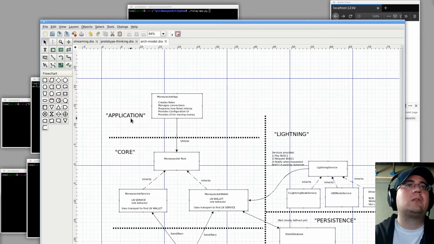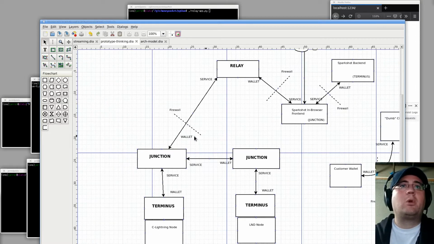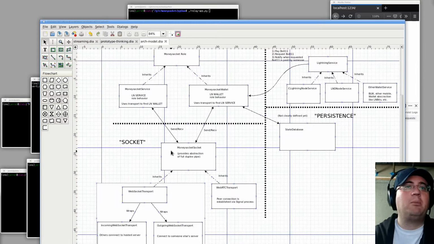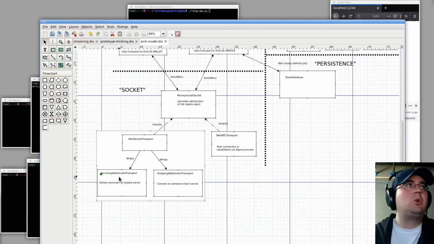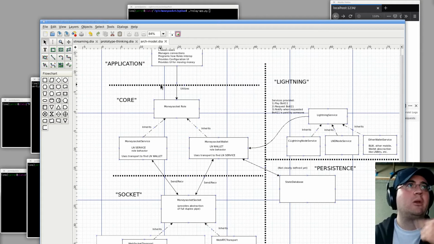And then it's an ongoing process as we're fleshing out what the actual protocol messages are, what is going to be handled down here and what is going to be handled up here. And then also at the socket layer, one thing when we're talking about the firewalls, the way the socket library I have is implemented, there's the difference between a listening WebSocket, one that listens on a port and waits for people to connect to it, and the one that makes the outgoing connection. So I've abstracted all that away in this library,